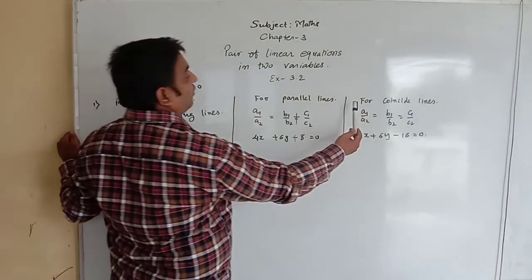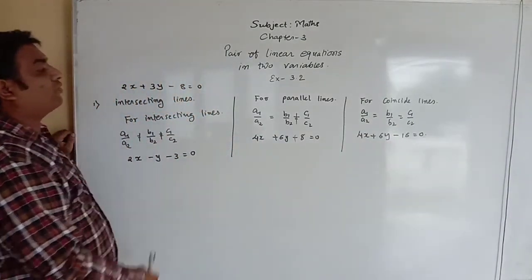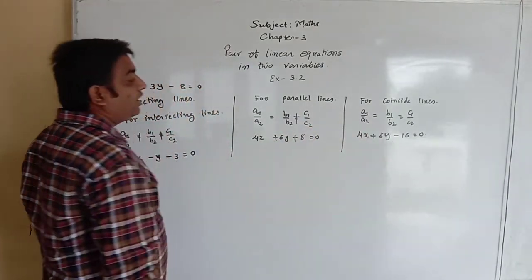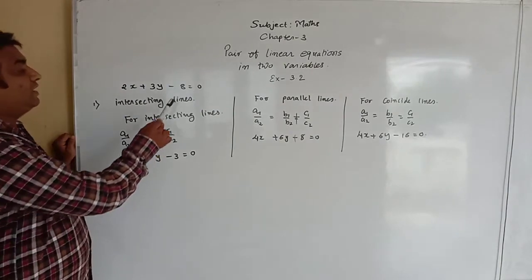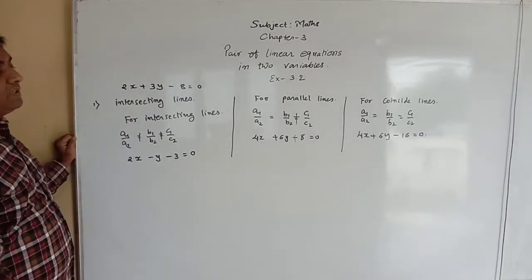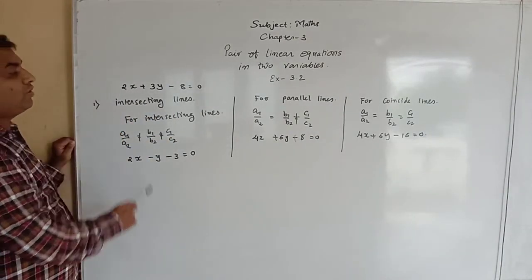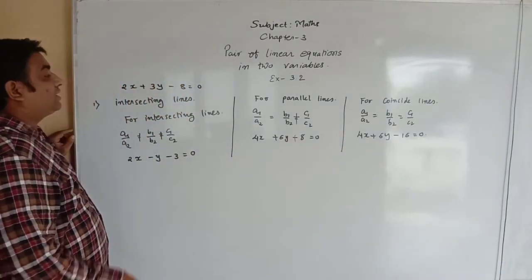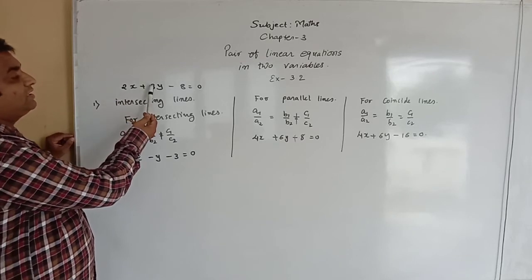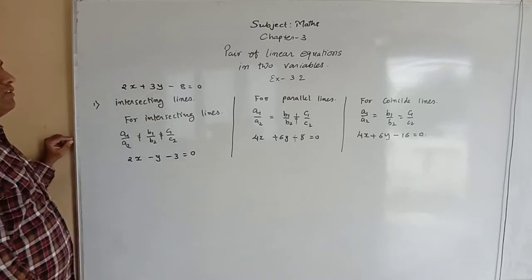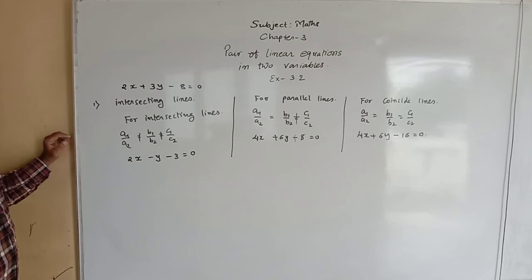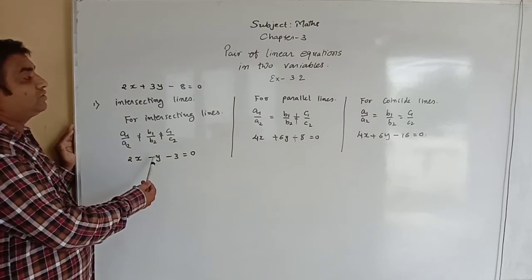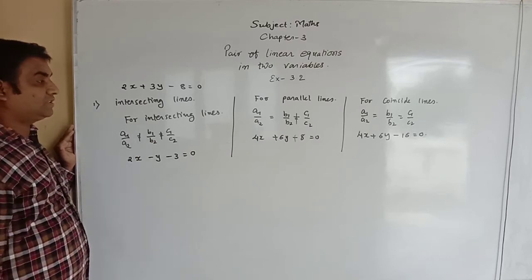The third question we have is for coincident lines. So we know that for coincident lines, the three ratios a1 by a2, b1 by b2, c1 by c2 are equal. So we take all three numbers with a common multiple. I have taken 2 as the common multiple. So 4x plus 6y minus 16 equals 0. Somebody takes 3, then 3 times 2 is 6, 3 times 3 is 9, 3 times 8 is 24. Like that we can also take it. So such equations you can write yourself. These questions have many possible answers.